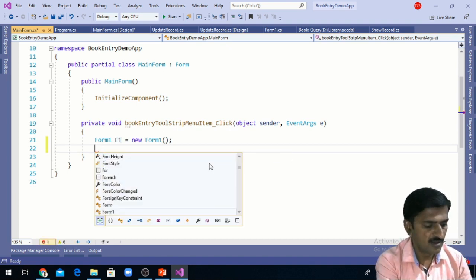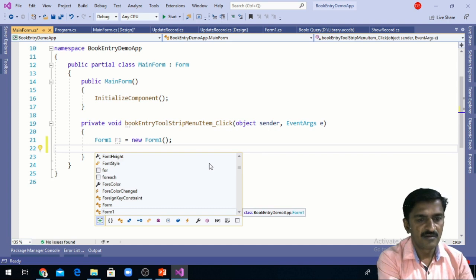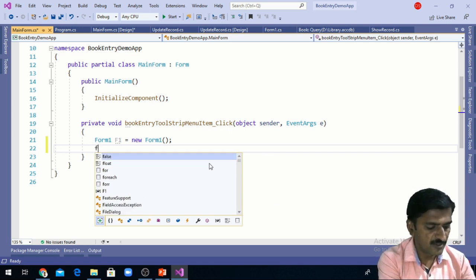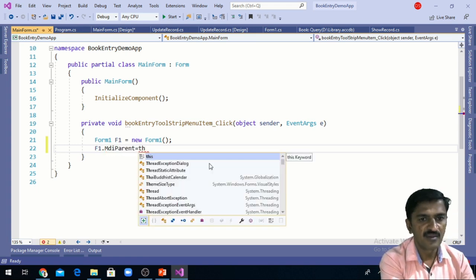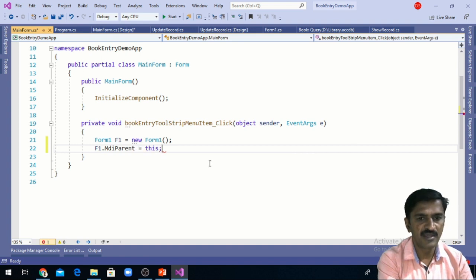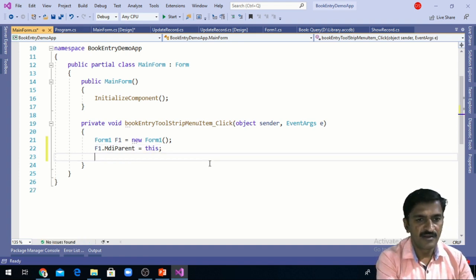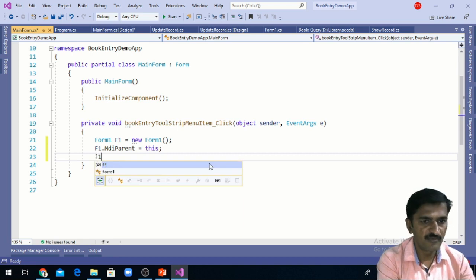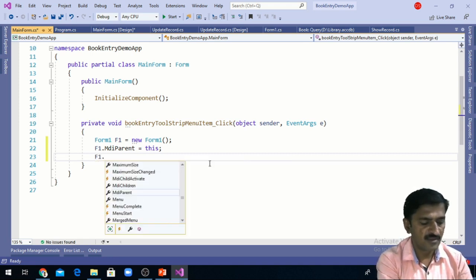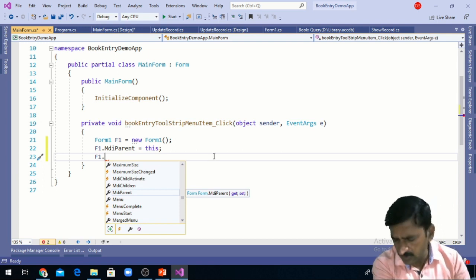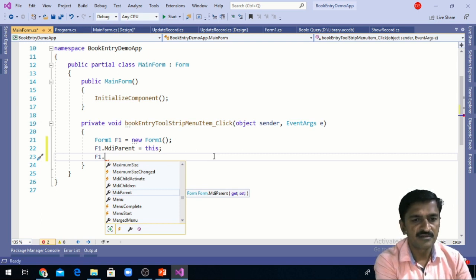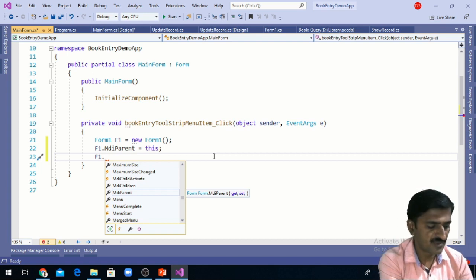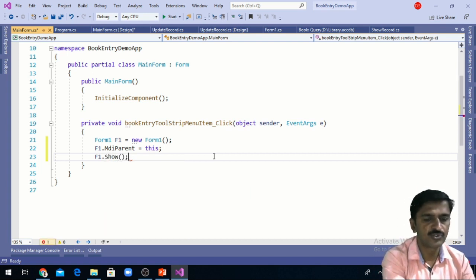Then f1.MdiParent is equal to this. Okay, this form is the MDI parent form, and to open the form I can use the Show function as f1.Show.